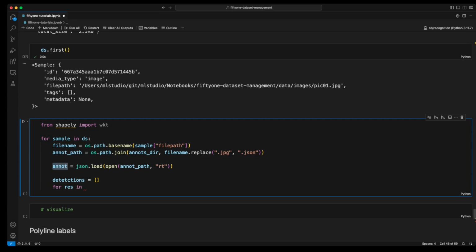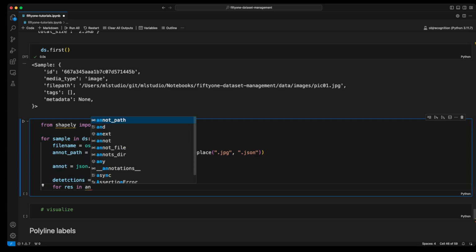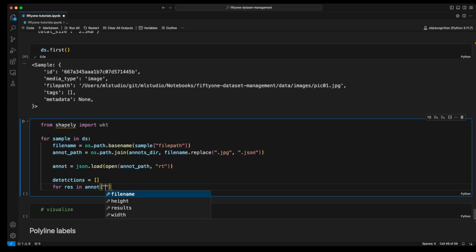The annote is a dictionary. So for res in annote results,